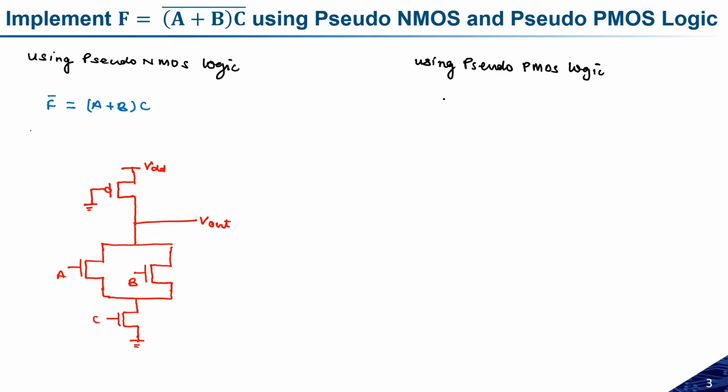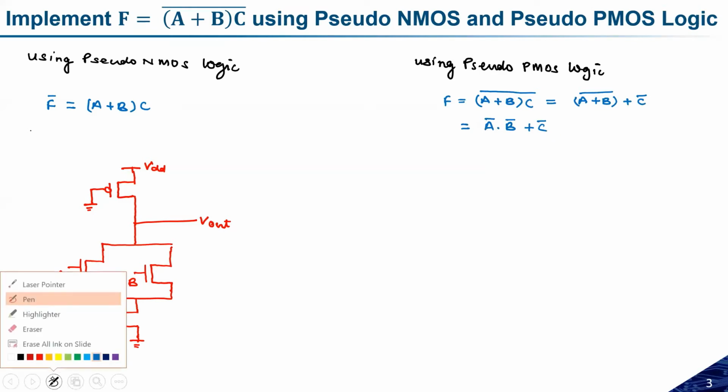Okay, so I have to design the pull up network in this case. So f will be, I don't need to find the complement, simply I have the function like ((a plus b) into c) complement, and if I apply De Morgan's theorem over here, that will become (a plus b) complement plus c complement, right? And if I expand (a plus b) complement further, that will become a complement dot b complement plus c complement. So this is how this function will look.